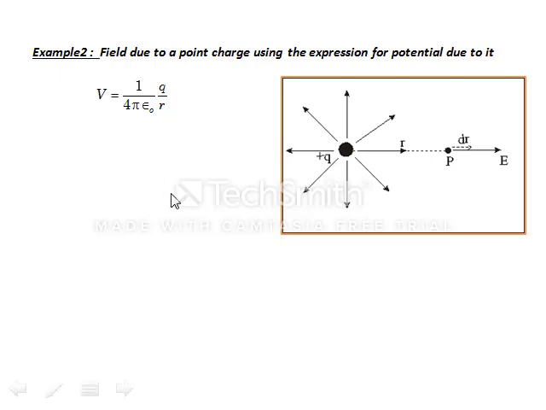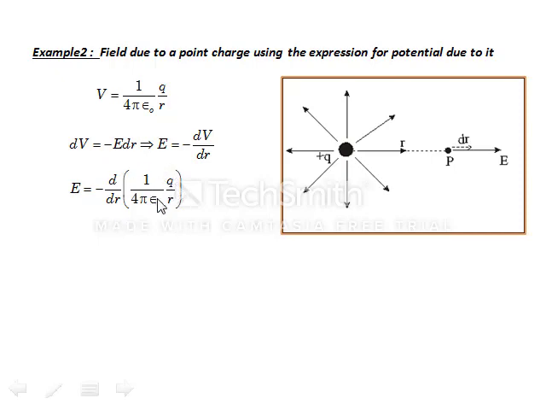Let's write it down. dV is minus E dr. If we move dr in this direction, the potential changes by minus E dr, or E is minus dV by dr. Now this is how we can compute the field. V is known. Put the value of V from here. So E is minus d by dr of V, where V is the one from our very first equation.